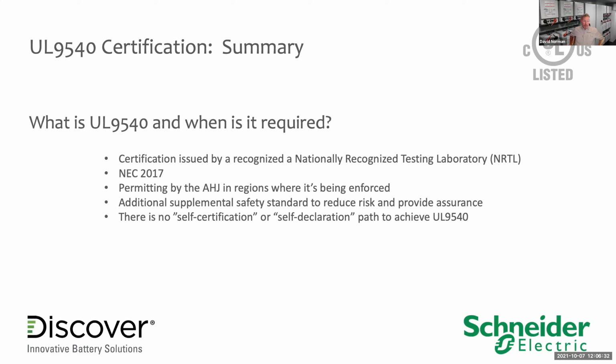Again, it's an additional supplementary safety standard to reduce risk. We'll go through some of the testing process involved, but it is a standard to ensure compatibility in operation and, more specifically, fail-safe operation of the different safety mechanisms within both the power electronics and the battery, such that there are no YouTube-able events, if you will, and your customers are provided with a level of insurance, especially given some of the